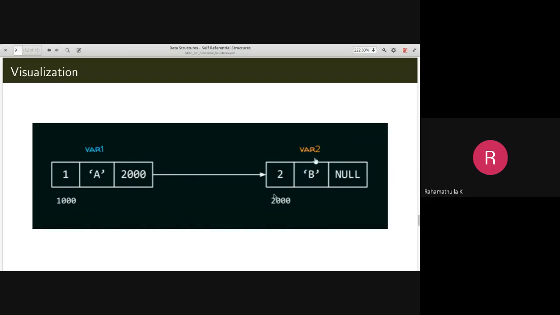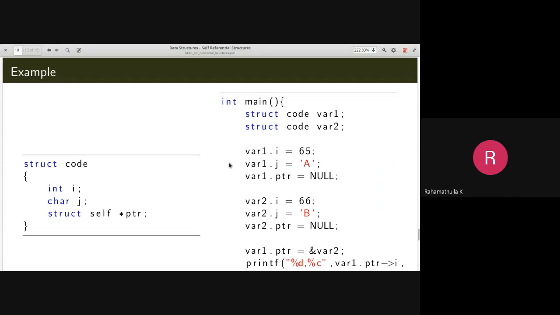The second variable was starting at memory location 2000, so that memory location is stored as the address in the first variable. It is a kind of link from the first variable to the second variable, meaning we can access the second variable from the first variable. Let's see how we can access it.